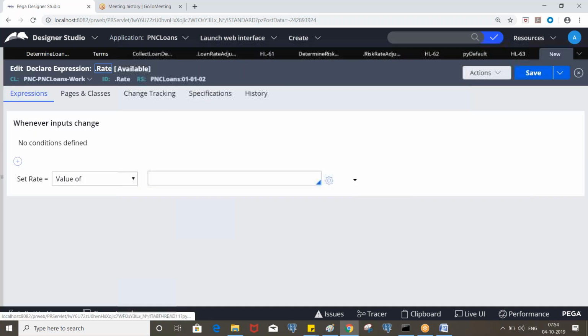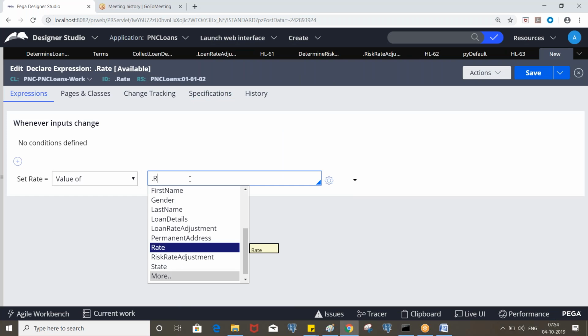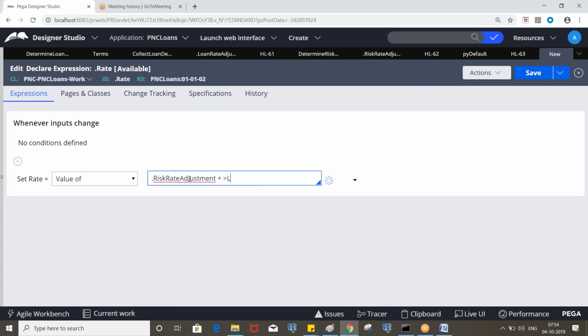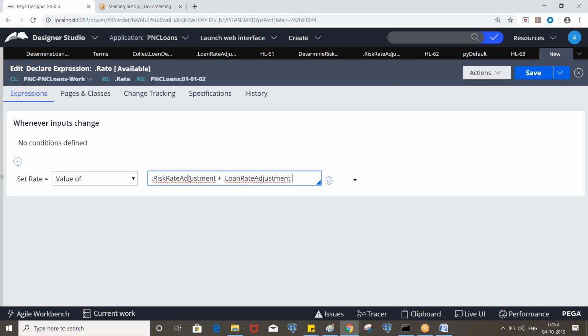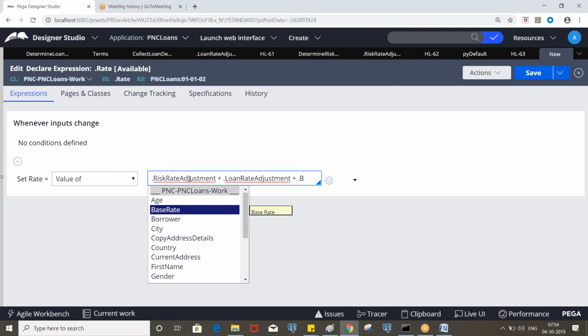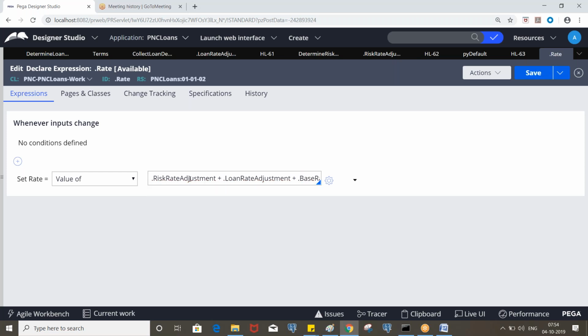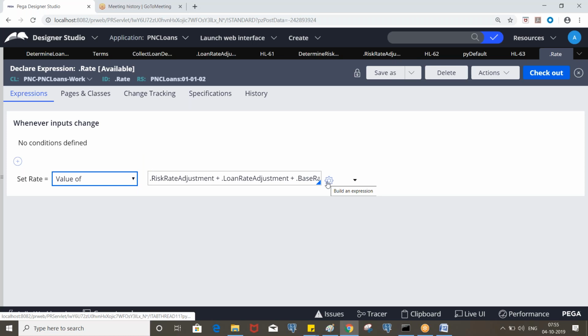Set rate equal to risk rate plus loan rate plus base rate. It is not sum of. If it is a page list, then you need to put sum of. So this is a sum, right? Let's say this value is 1, 1, 1. So 1 plus 1 plus 1 is 3. So 3 will be assigned to this rate property. If we are using a page list, then it should be sum of.